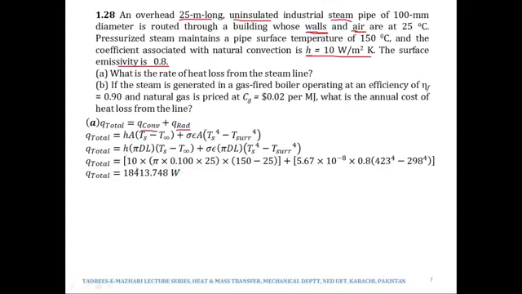So h is 10, the temperature of the surface of the pipe is 150. The air is flowing over the pipe at 25 degrees Celsius. The value of sigma is 5.67 × 10^-8. The emissivity of the outer surface of the pipe is 0.8, and the temperature of the surface of the pipe is 150 degrees Celsius, but